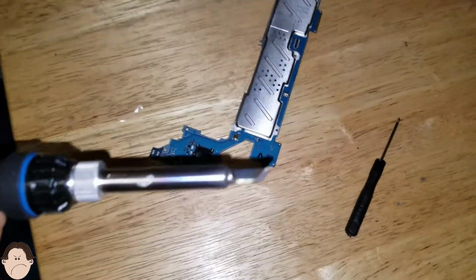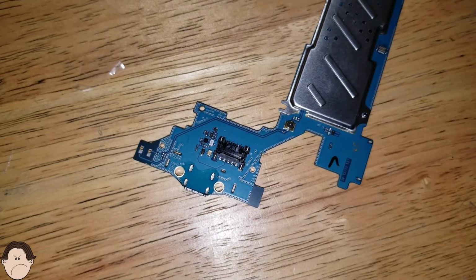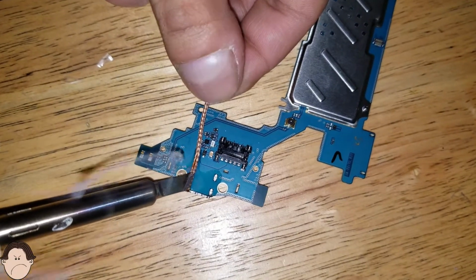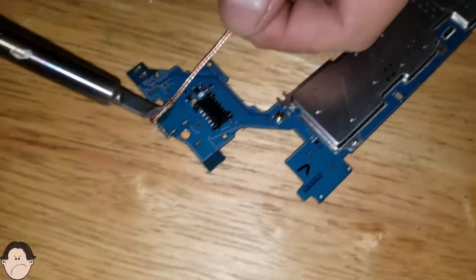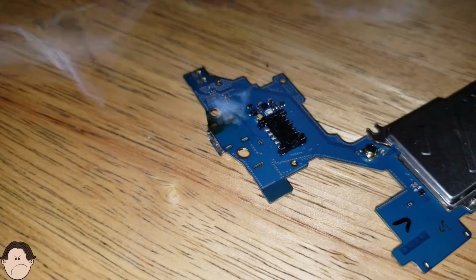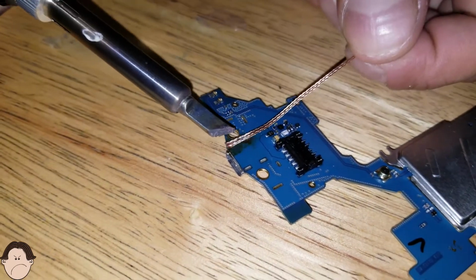Now this is really hot. So here's what we're gonna do. Focus it right there, Jaden, close. Take the solder wick and just we're gonna desolder it. Okay. So far we're doing good. Oops. Excuse me. Alright, so